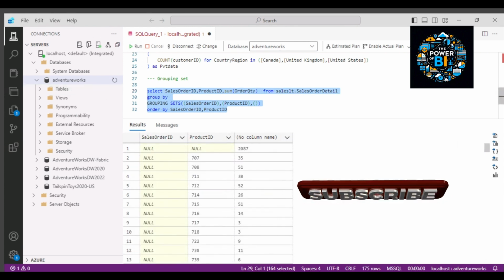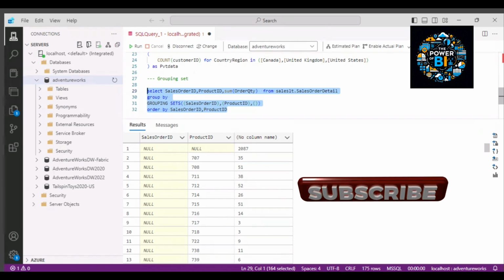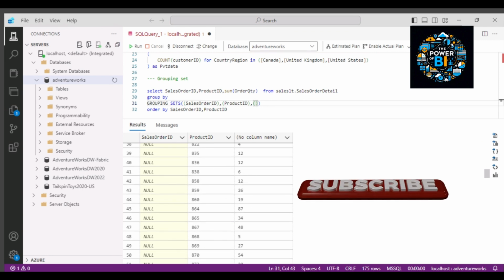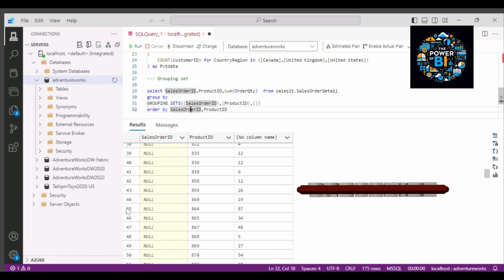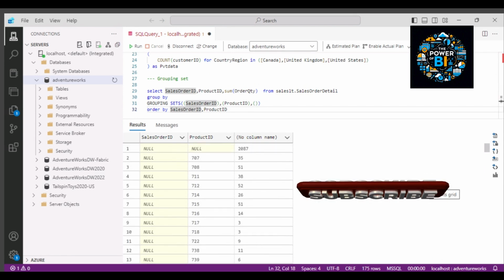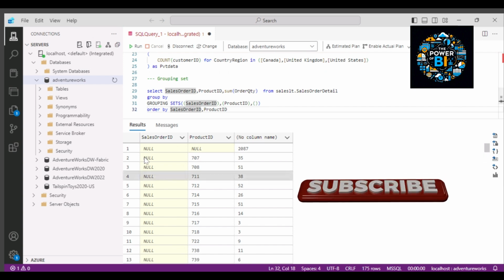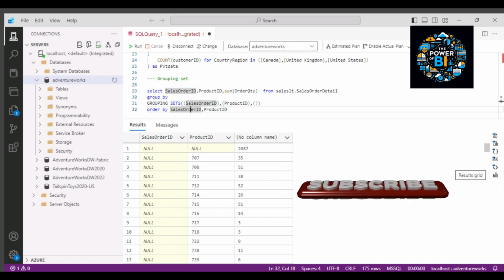So if you see here, we are using grouping sets, and in that grouping set, we are specifying sales order ID, product ID, and a blank phase, and this will give us all the details related to grouping sets. So if you see, there are nulls in the results. Nulls may be returned because a null was stored in the underlying source, and because we are using a placeholder,